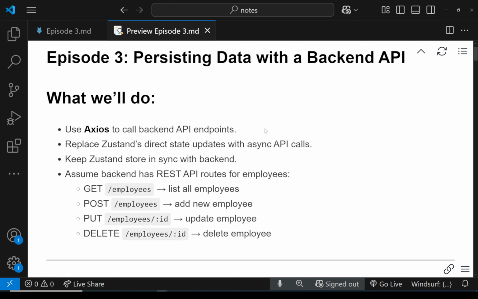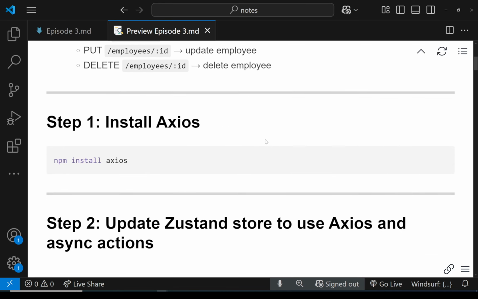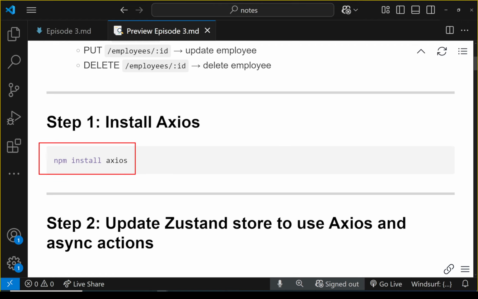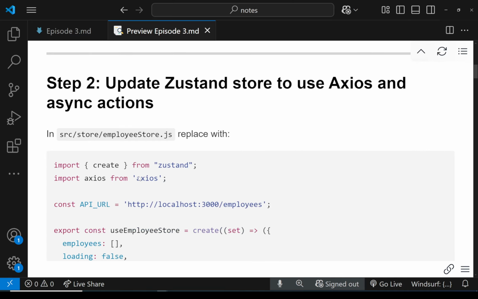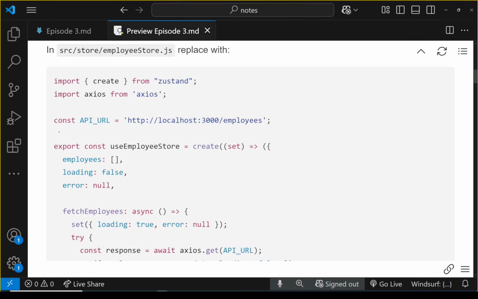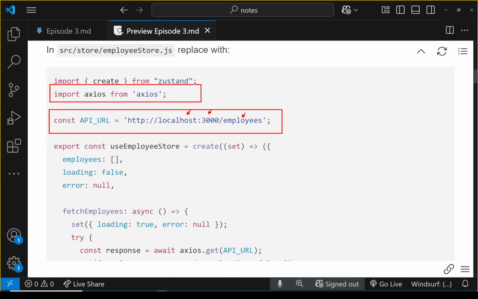So let's get started. The first step would be to install Axios as a dependency, and then we're going to update our store to use Axios and async actions. This is going to be the API URL. We're running our API on port 3000, localhost. This is the endpoint. I'm importing Axios, and I have added two new states, loading and error,